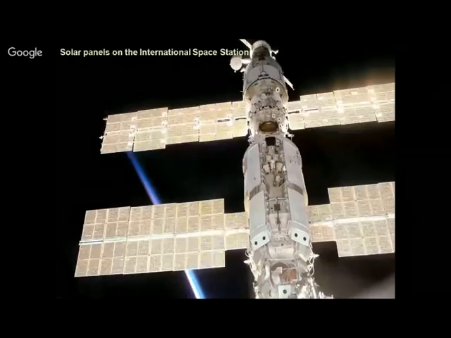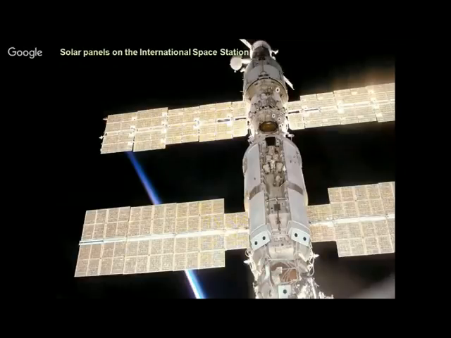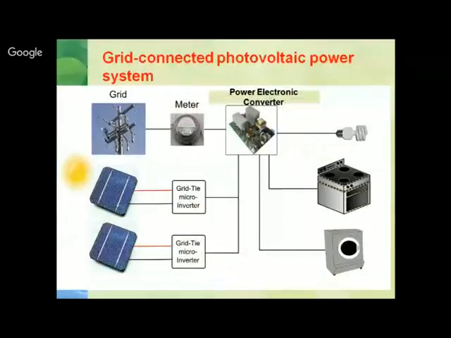Solar panels on the International Space Station. So you would have come across the International Space Station. वहाँ भी पूरा it is powered using solar power. And grid connection of photovoltaic power system. That is also a very important or main area where you can see the solar panels, like you can have